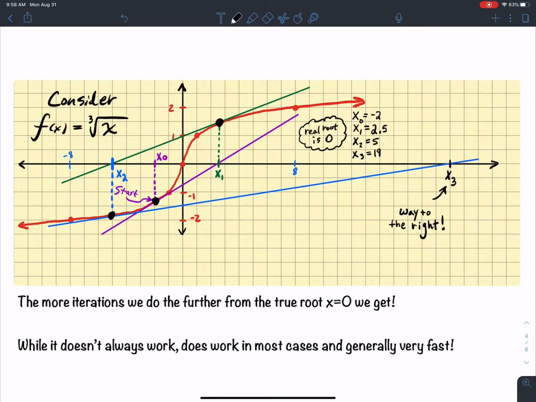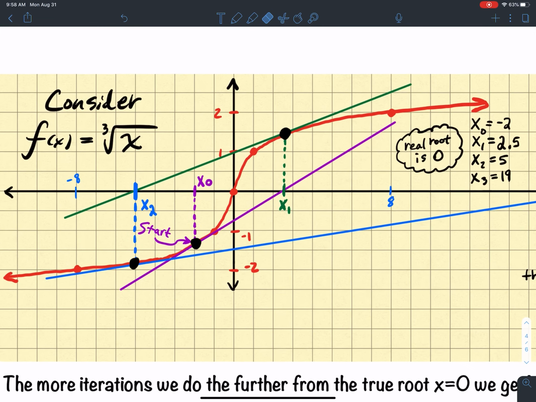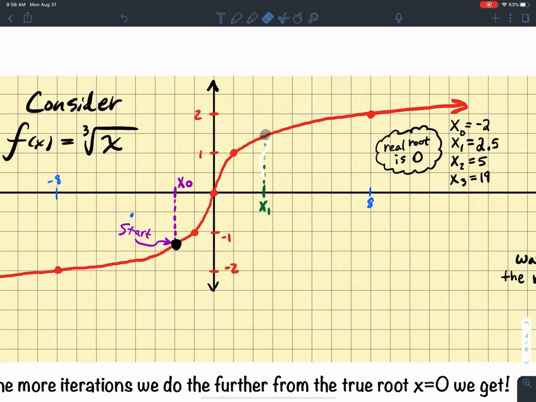So you've got to be careful on your starting point. You'll see this again in numerical methods, if you take this class; this technique will pop up again. But one thing I do want to illustrate is that just because it failed with that starting point doesn't mean that it would fail with all starting points. So just to illustrate that,